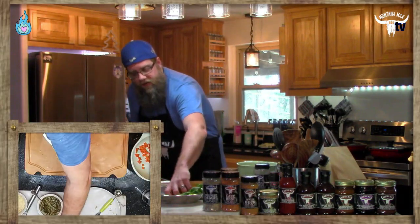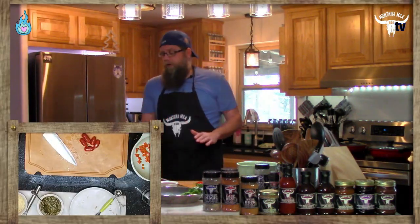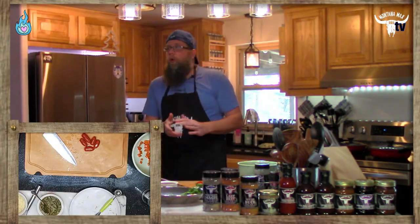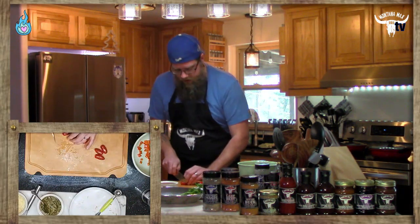Absolutely wonderful. On to the next ingredient, we've got some lovely grape tomatoes. To do 4 bagel halves or 2 bagels, we only needed about a quarter of a bell pepper there. We've got 5 beautiful grape tomatoes here, which we are going to give the same treatment to. Slice